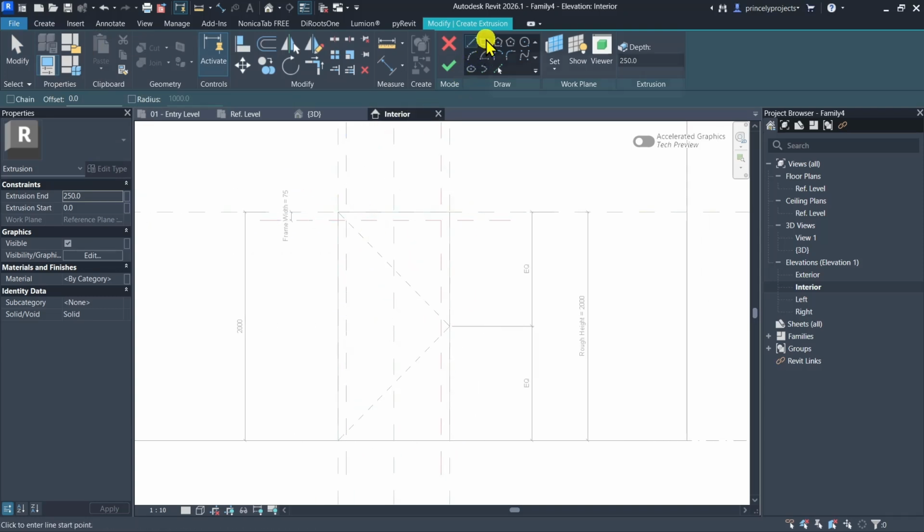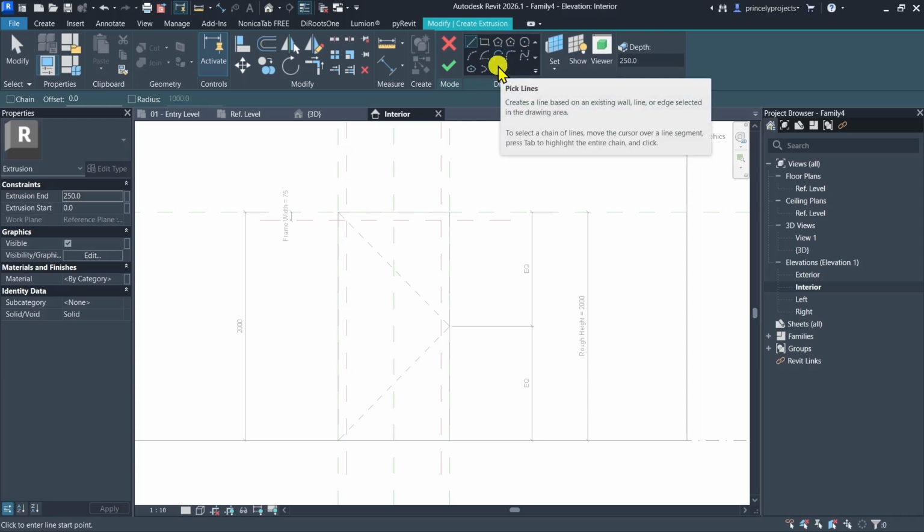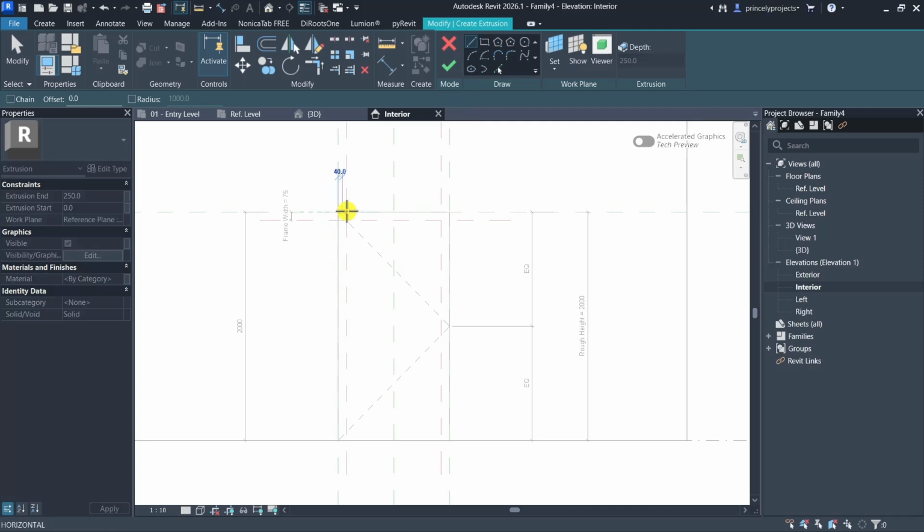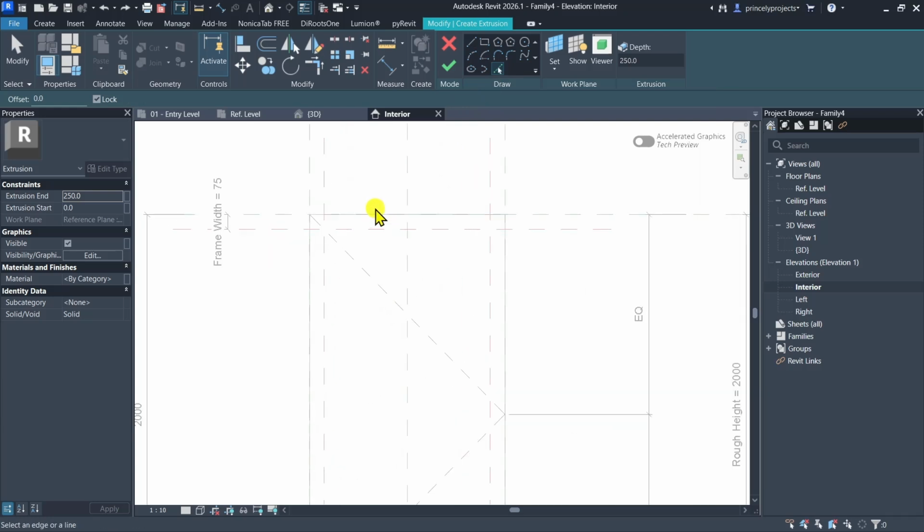And I always like to use the pick lines, which makes my job easier. I'll show you. You can use the lines, you can also draw the lines. But for me, I don't like using the line because I have to go over and draw and draw and draw. No, I just want to use the pick lines, which is very fast for me. And